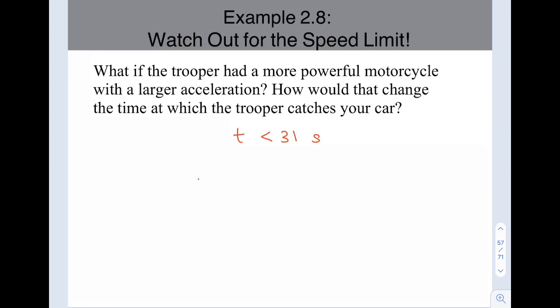Because of this information, t equals Vx of the car over ax plus the square root of Vx of the car squared over ax squared plus 2xB over ax,